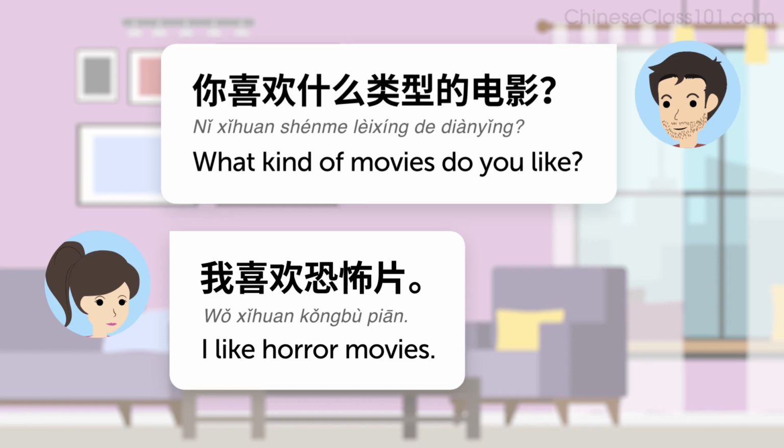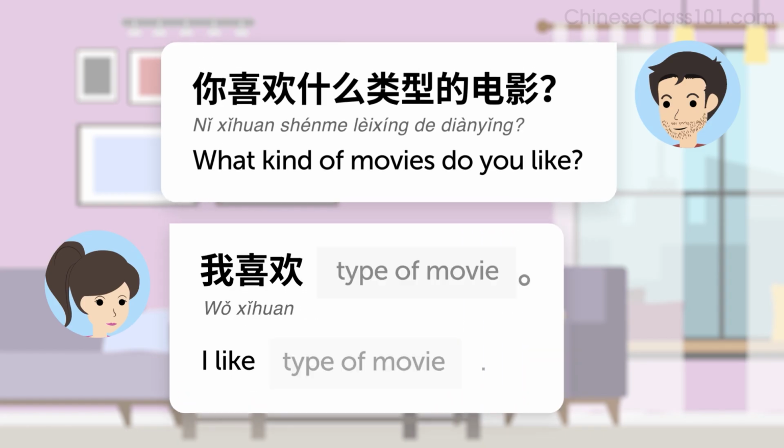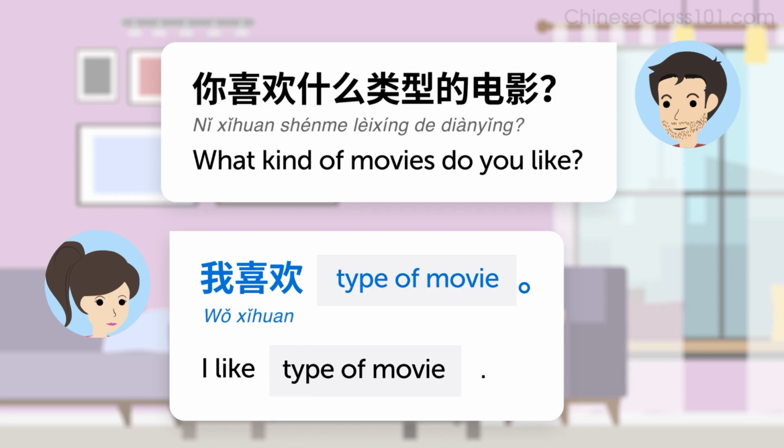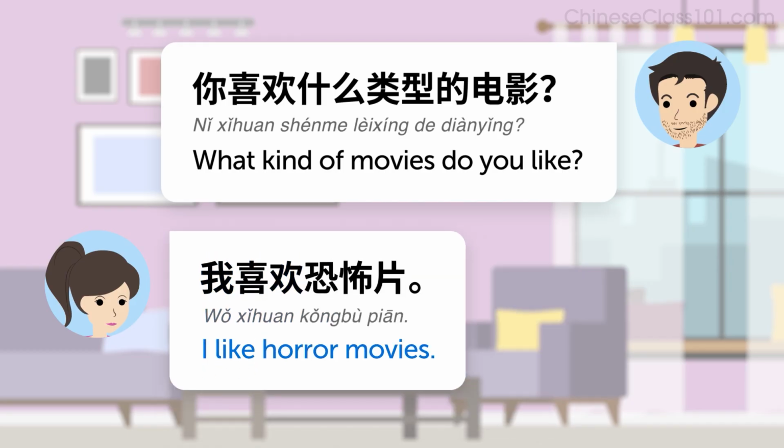Now, how do you answer this question? The pattern is, 我喜欢 type of movie. I like type of movie. For example, I like horror movies. 我喜欢恐怖片。